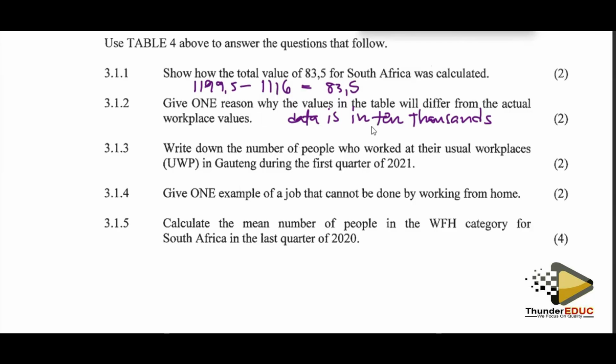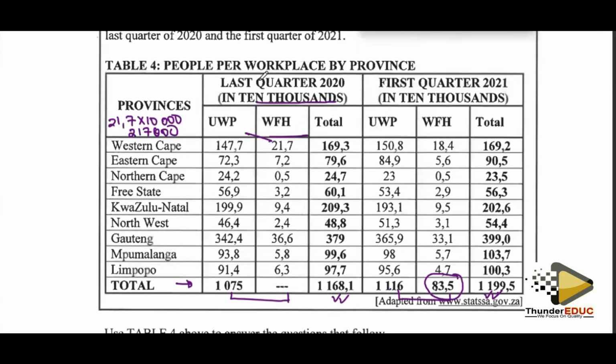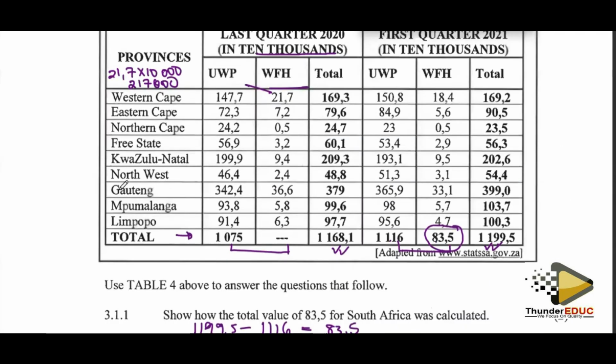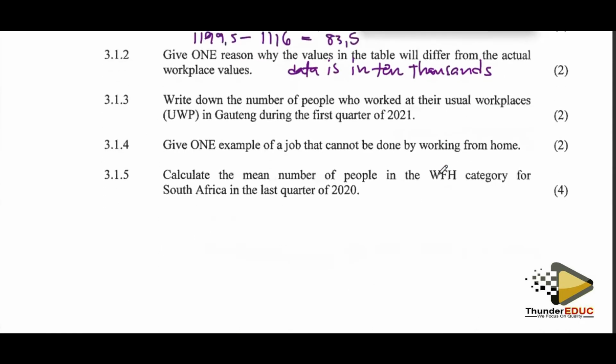All right, write down the number of people who worked at their usual places in Gauteng for the first quarter of 2021. We come here, we look at the first quarter, which is true. We look at this other side, the first quarter. Then we look for Gauteng. We are looking for people who worked at their usual places. So this is it. Gauteng, where are you? So the value is this much. So your answer is supposed to be